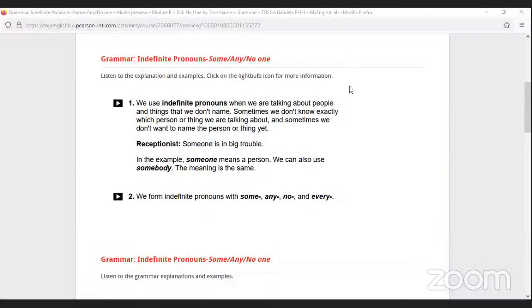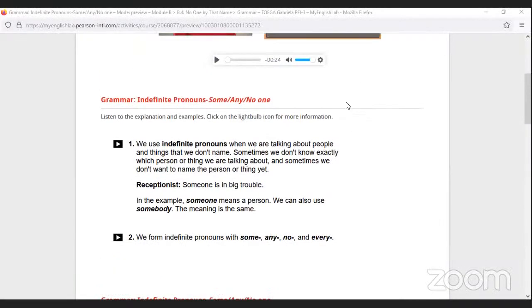Okay, so here we will see indefinite pronouns, okay? So we will see these pronouns that are called some, any, no one, okay? So what do we have here? We have